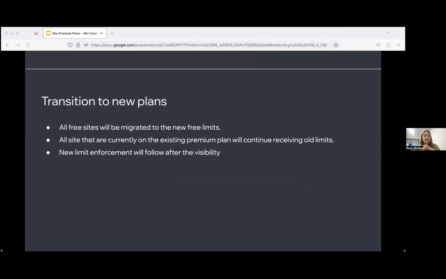Then about the sites that have existing premium plans. At the moment, we're not enforcing the new limits on the old plans, so the site's performance will not get affected. It will continue working as it is now, and you will get also about the enforcement of the new limits, we are currently working on providing visibility